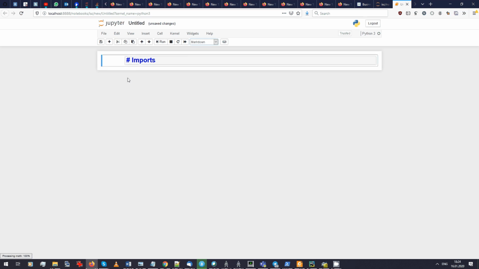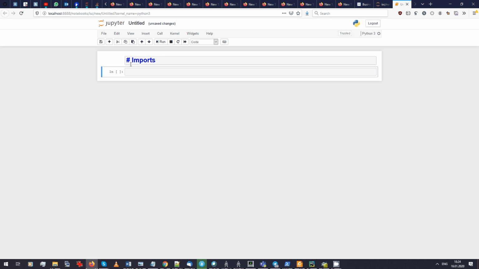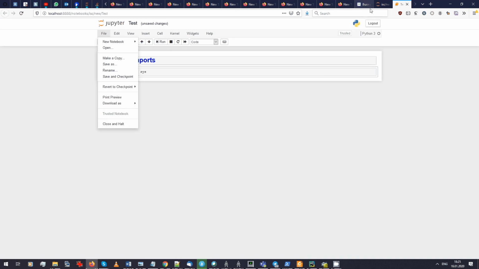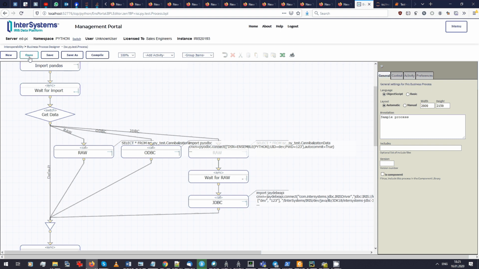It's a markdown cell, and here's a code cell. We write our code like this. We save it as IC new test. Saved, and now we can go to business process and